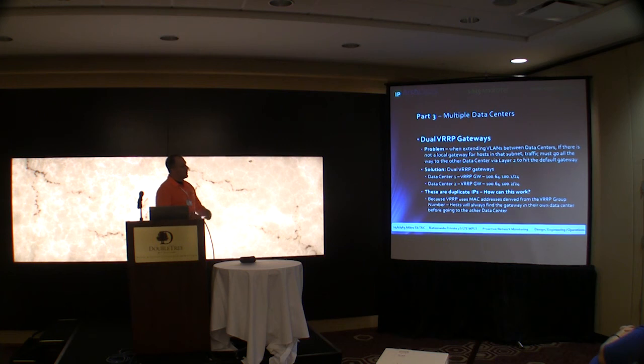And then the last part of it is dual VRRP gateways. This is a really, really interesting problem that you have when you're extending layer 2 between two data centers. We also had to use some really expensive equipment to solve that problem until we started playing around with MikroTik. And the problem is when you extend a VLAN between the data centers,